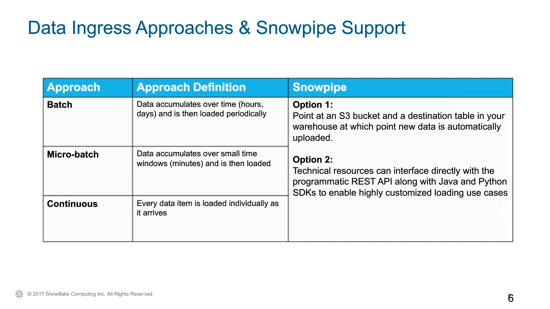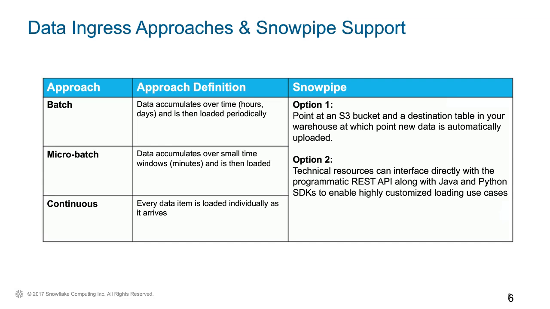In contrast to the second option, which gives you more control and more flexibility. In this case, you would still stage your files in an S3 bucket, but then you would invoke the actual loading through a call into a REST API that Snowpipe provides. And you can write your applications against the REST API itself. We're also providing Java and Python SDKs that make it a little bit easier. Option 2 is available today for customers that are running Snowflake in the US West region. And option 1 we are going to launch in a couple of weeks in January.